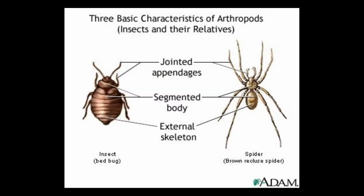All arthropods have appendages, and appendages are basically extra or external body parts that connect to a main body part. So for example, here we have the jointed appendages, and they lead up to the big abdomen